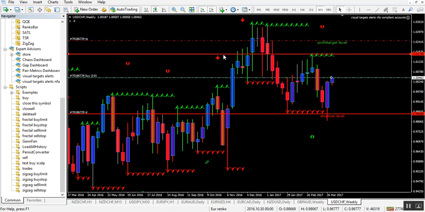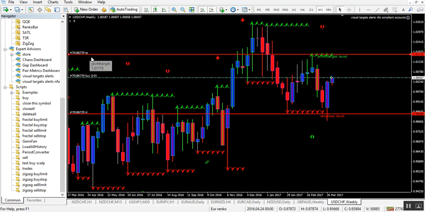I can drag it down to here, let go of it, and it has to be a tick coming in, and I guess this is a slow time for the US Swiss pair. There it goes. It dropped them down there. And if you had 10 orders, it would have dropped all 10. So now